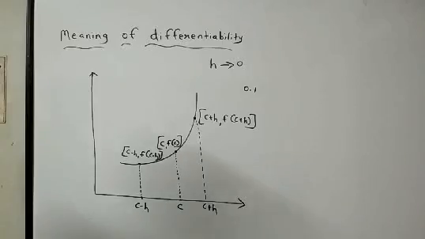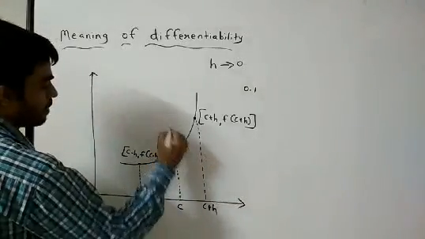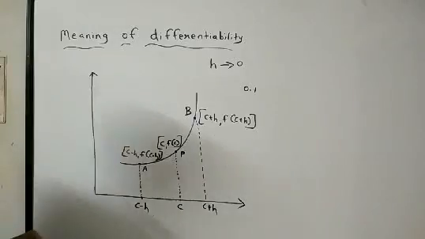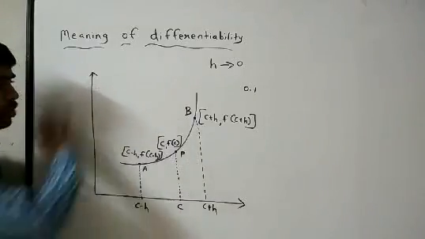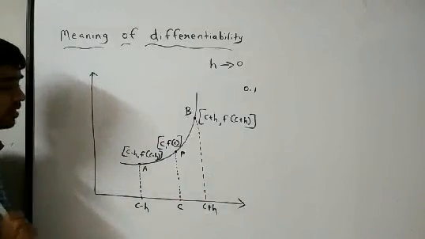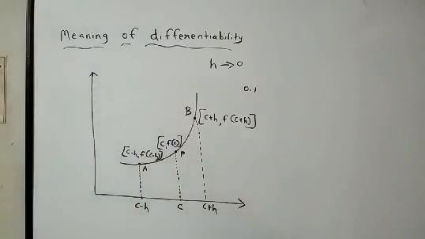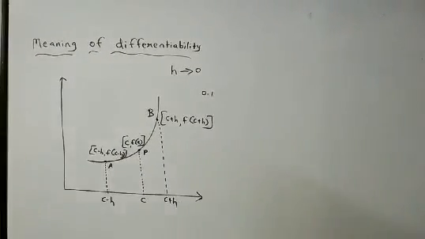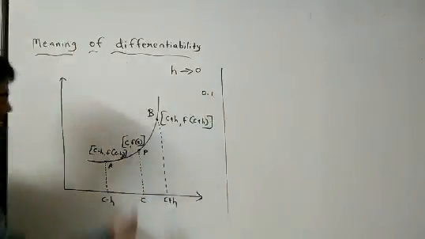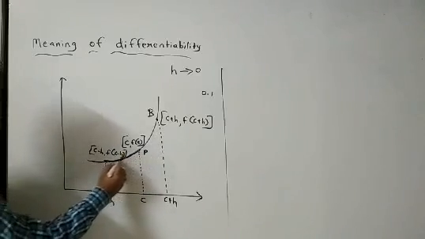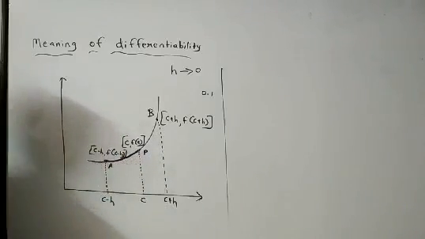Now why have I done this? Let us name these points. This is a point P, this is a point A, this is a point P. Clear? I hope this graph is clear to you. Now I am going to write here: consider this slope AP. What will be the slope of AP?